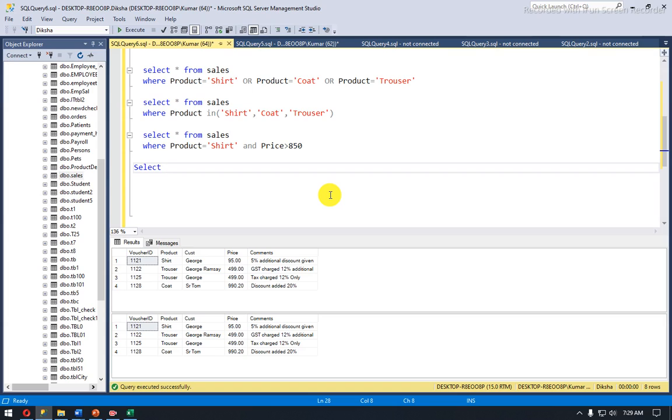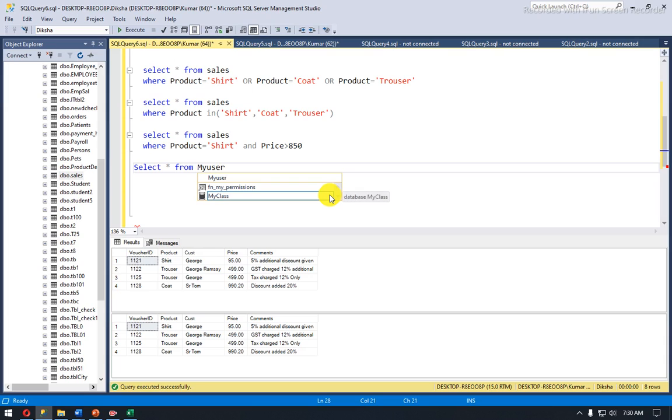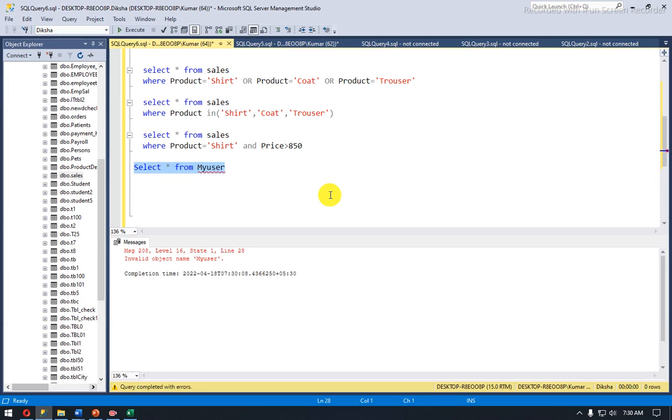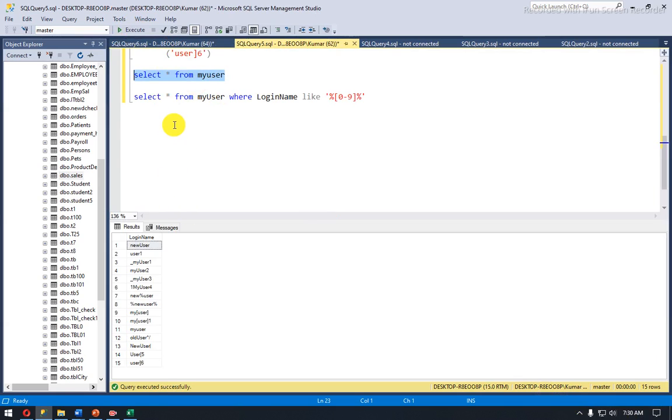Like select star from my user. I show you here I have a table my users. Okay, so to apply these two wildcards, select